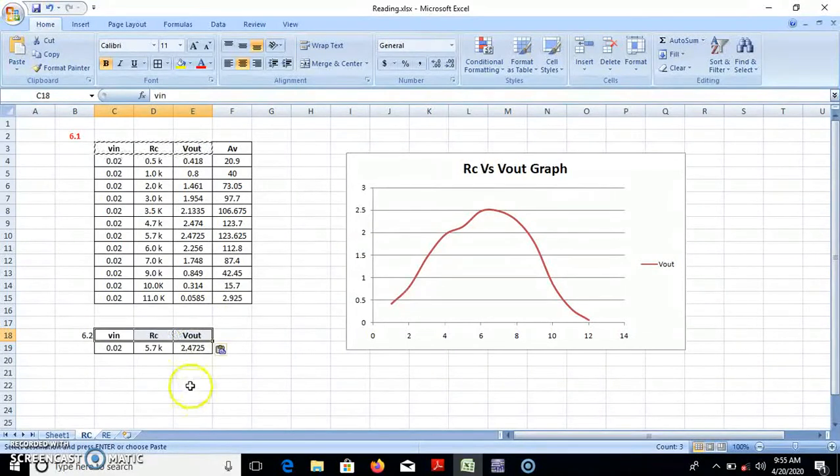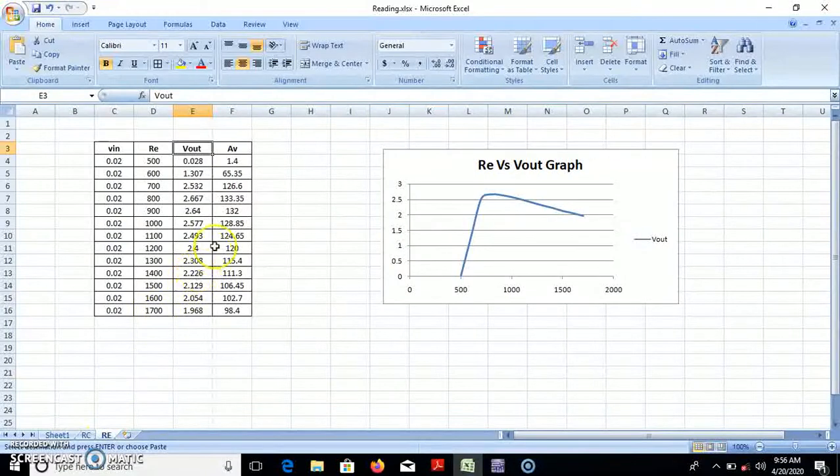So this is your table number 6.2, and for RE variation, if you see, the maximum gain is near about 133. From this one, your gain starts to decrease, and once your gain starts to decrease, your signal is going to clip. So probably your clipping is going to start from this onwards. So this is the table number 7.1 reading.